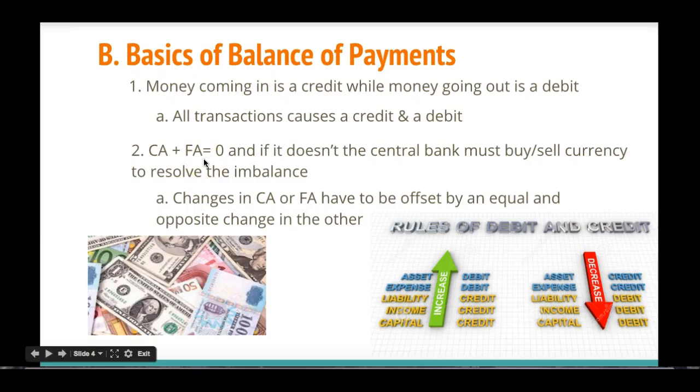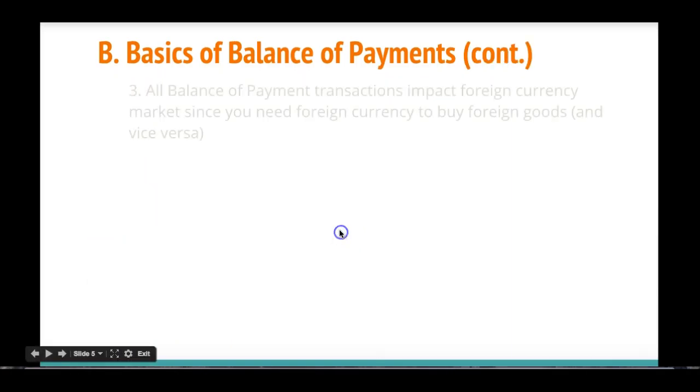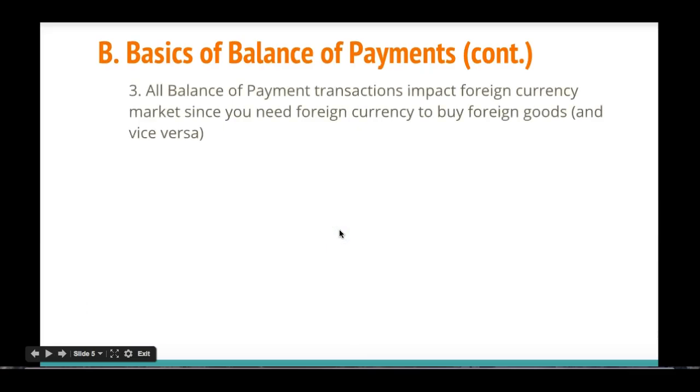The financial account has to go down by $20, because if you add plus 20 and negative 20 together, then you will get 0. So that it always has to balance itself out. Okay, and then last, all balance of payment transactions do impact foreign currency, the foreign currency market,